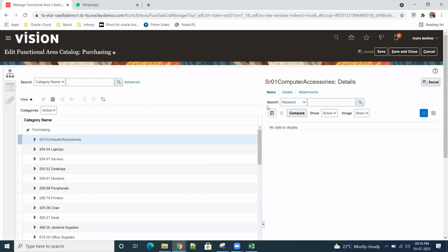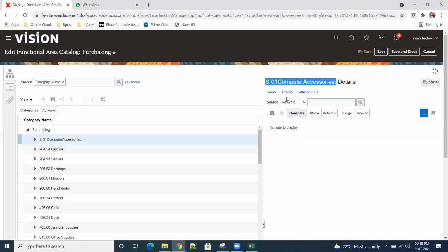Whatever items we add, when you add this particular category to the items, all the items will automatically display here. We don't need to come here and add them manually. Once you add the items, whenever you select the category SR01, all the items will automatically appear here.